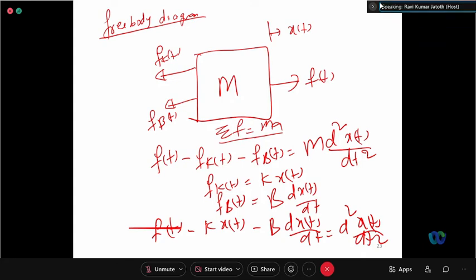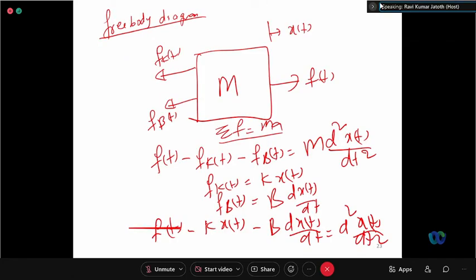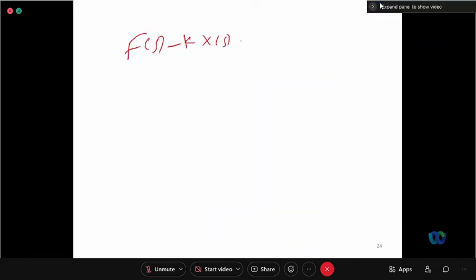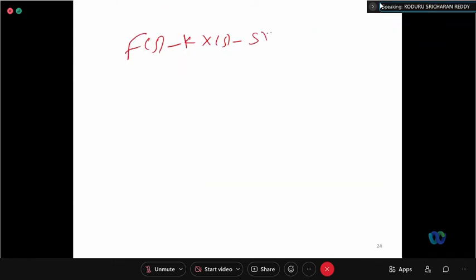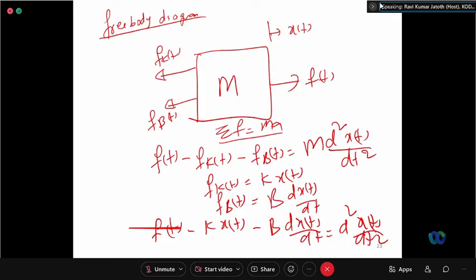Now, to obtain the transfer function, what should we do? We apply Laplace transform. Apply Laplace transform and tell me, F of s minus k x of s minus, tell me, Laplace transform of b times d by dt of x of t. s into x of s. There are some more terms, but we are assuming that the initial conditions are 0. Yeah, that is equal to